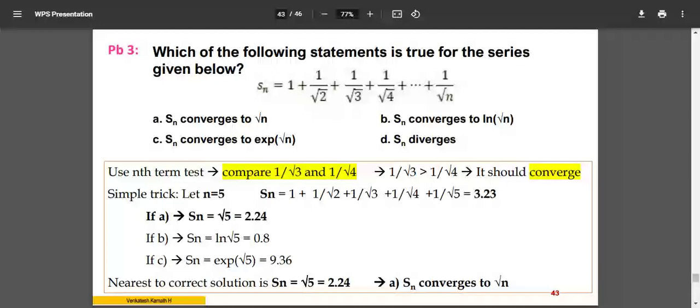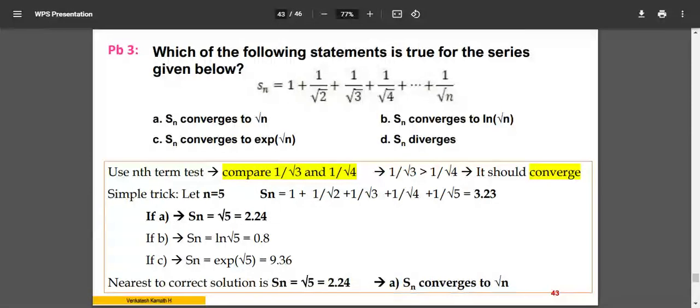Now in this I actually have a query, a clarification. I have one more way of thinking in this. Anyway, based on the solution I have seen elsewhere, I am giving you this suggestion here. If it is made bold there, don't worry about it. It is not made bold the way you think. Put the value of n. You have taken n equal to 5, right? If n was 5, what would Sn have been according to option A? According to option A, Sn converges to root n. So if n is equal to 5, it should converge to root 5, which is 2.24.